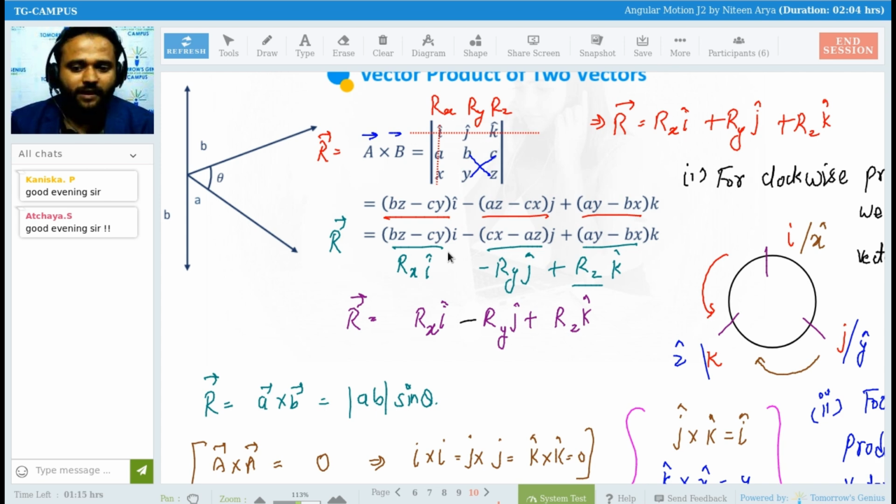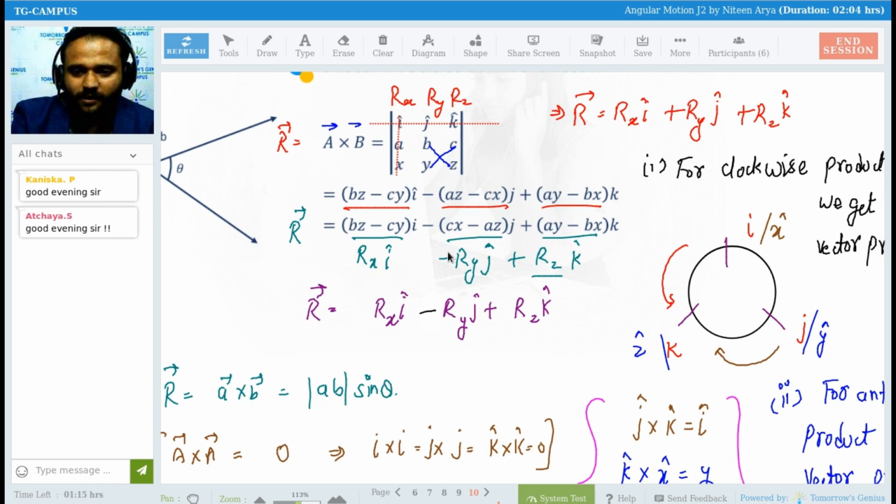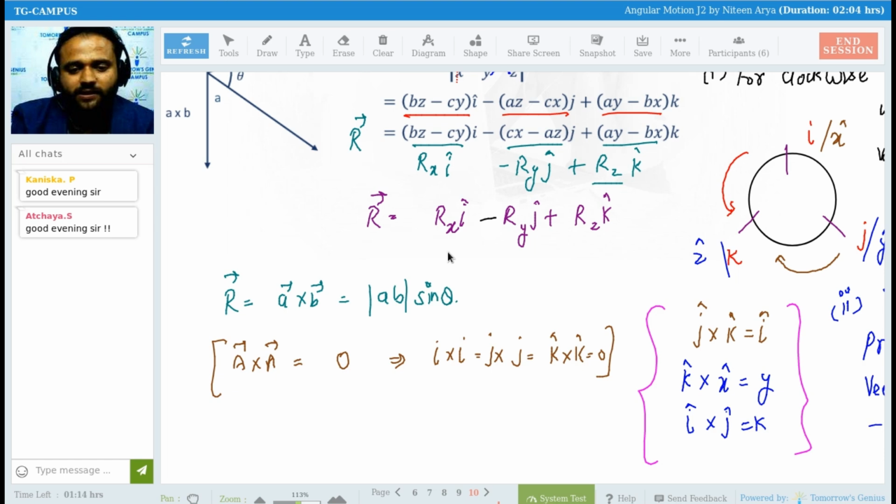You don't proceed further. And direction-wise, stick to this, or if you need to find the direction, you can go for the right hand thumb rule. Clear? That is enough for vector product. One thing also, if you need to prove two vectors are parallel, and the cross product between two vectors is 0, then that is parallel. And if you need to prove the two vectors are perpendicular, you are going to prove A dot B is going to be 0,